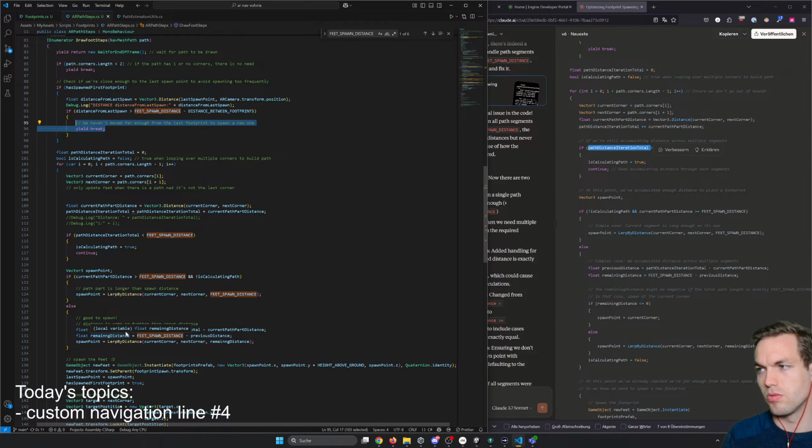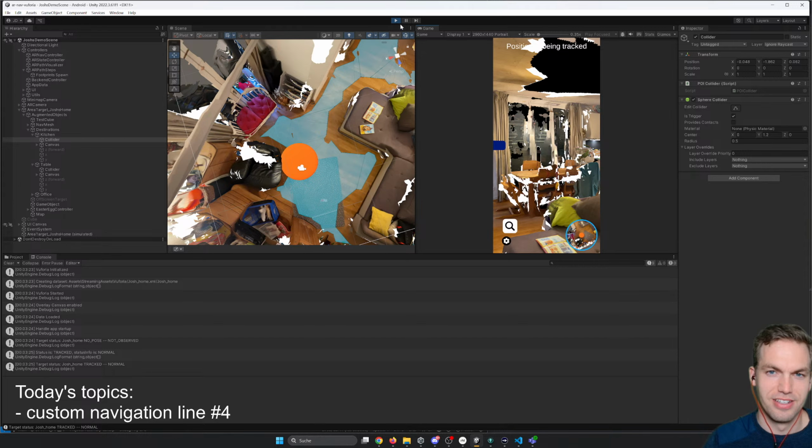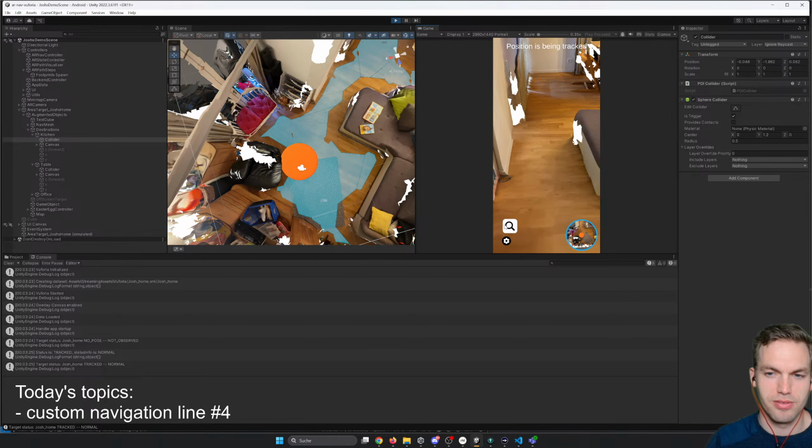Base lab, hello. On the navigation line, yes. Yep. So